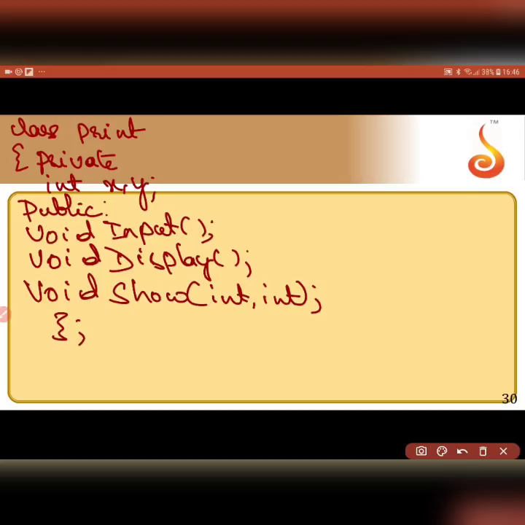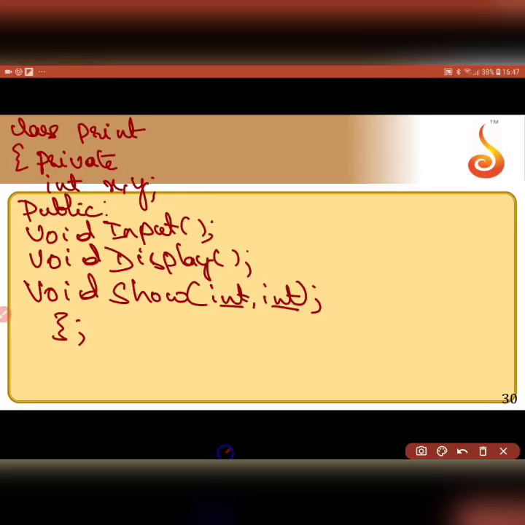The first one is input. I am not passing any arguments and I am not returning anything. The second one is display. Display is also a function without arguments. The third one is not going to return any value, but I am going to pass 2 integer values to it.